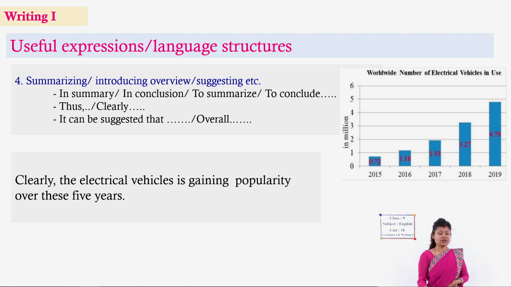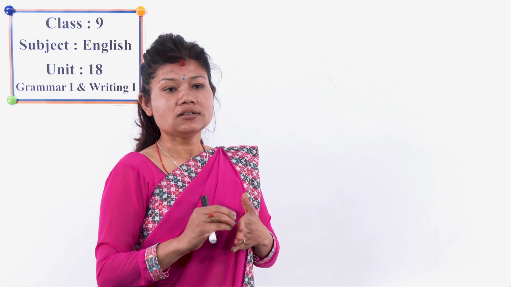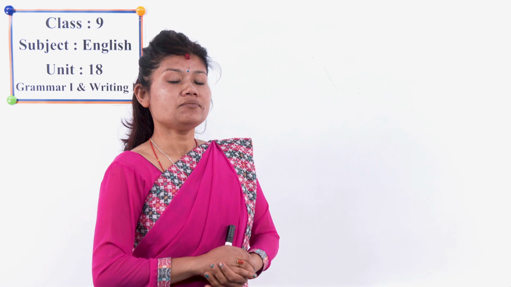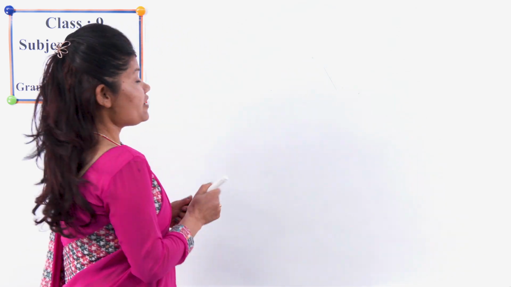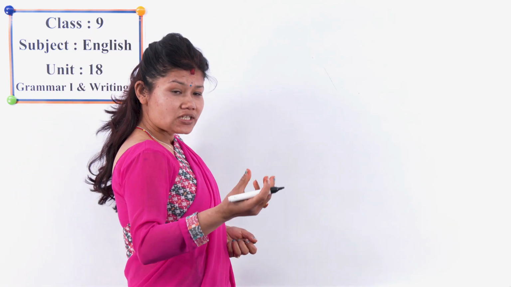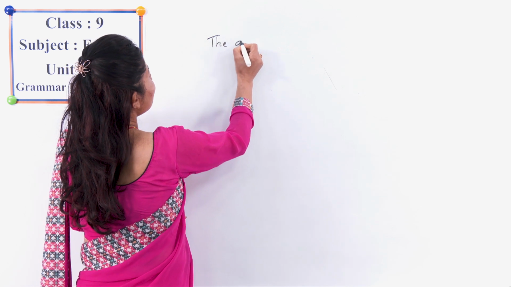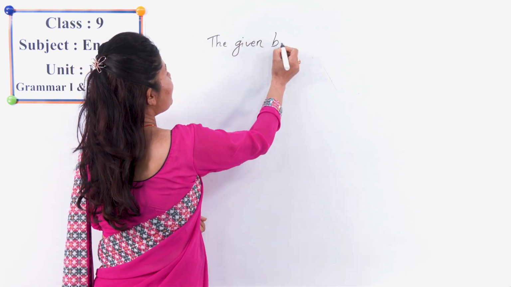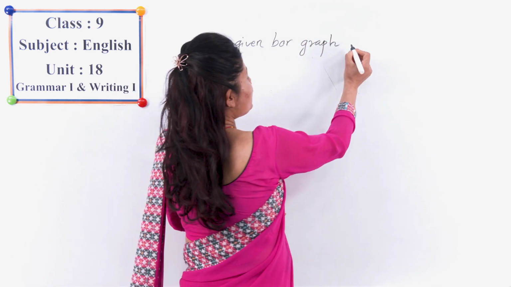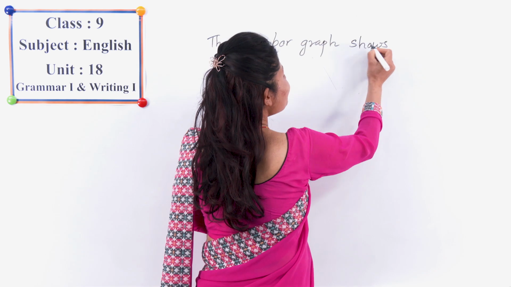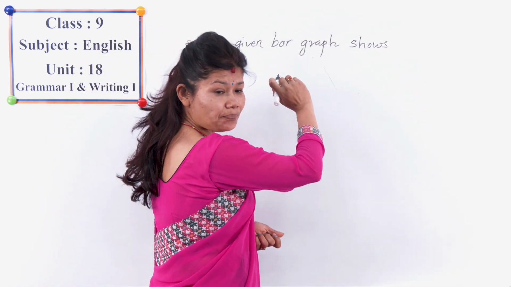Okay. Dear students, now can you interpret in your own way the same bar graph? Okay. Now, let us begin. You also try to write. Yes, the very first sentence, what can we write for introducing? Yes, for example, the given bar graph, yes, then shows or reveals or indicates, okay, no problem. The given bar graph shows the